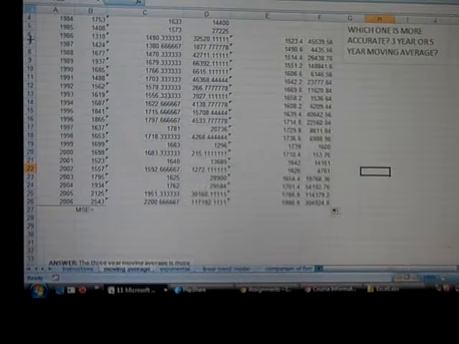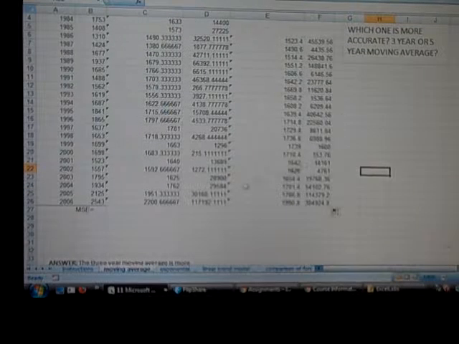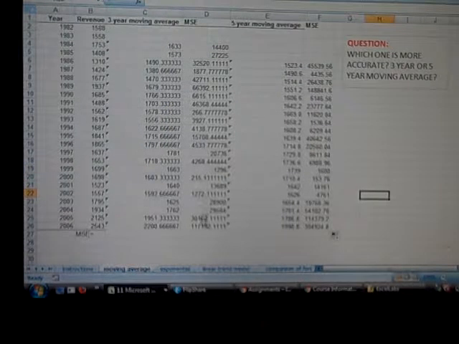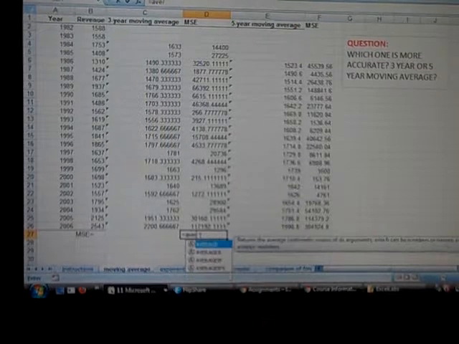Alright, so now that we have all the data filled out, the way that we answer this question, which one is more accurate, 3 years or 5 years moving average, we have to look at the MSE and find the average of each MSE. Which one yields us a smaller amount will be the one that is smoother and thus more accurate. So then we just do average